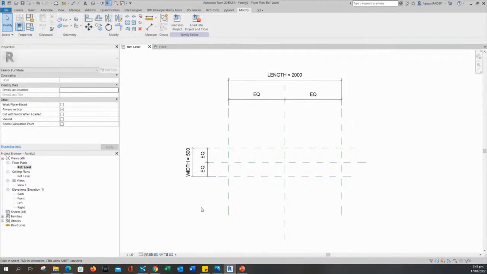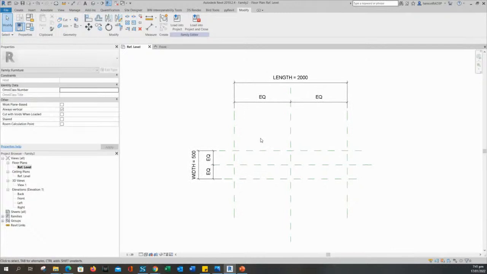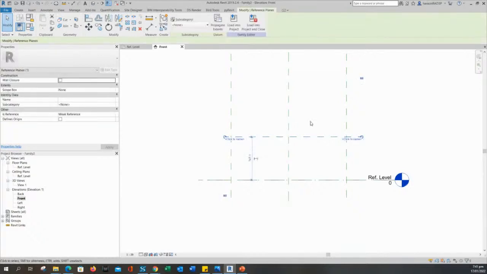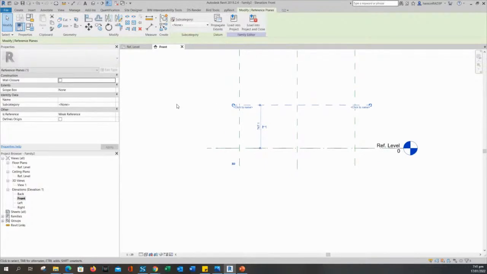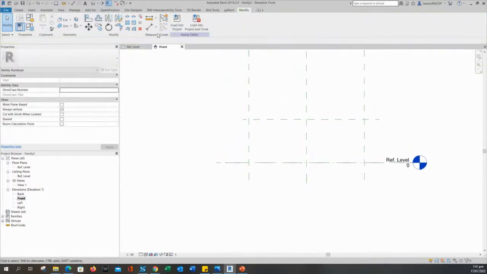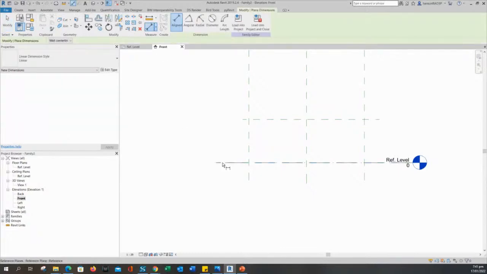Now let us check for the height. Remember, we haven't got the geometry yet, so it's still blank. We're just establishing all of that information first, and then we'll put the geometry after this. So I will just go back to the front. Now I have this top. Now I will have the dimension again,